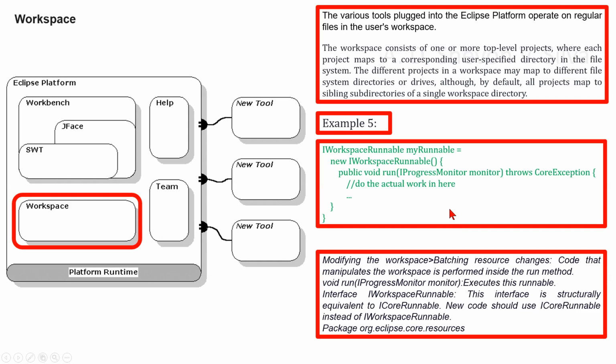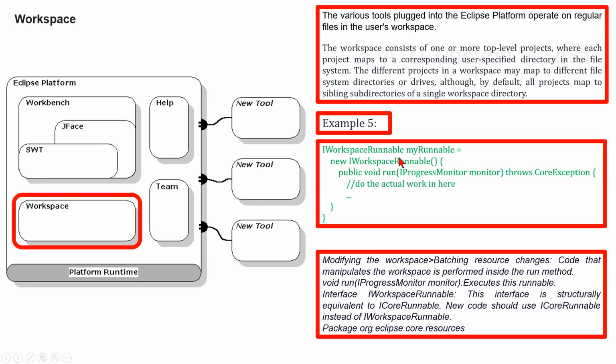The code that manipulates the workspace is performed inside the run method. Void run(IProgressMonitor monitor) executes the runnable. Interface IWorkspaceRunnable. This interface is structurally equivalent to ICoreRunnable. The new code should use the ICoreRunnable instead of IWorkspaceRunnable. This is in the package